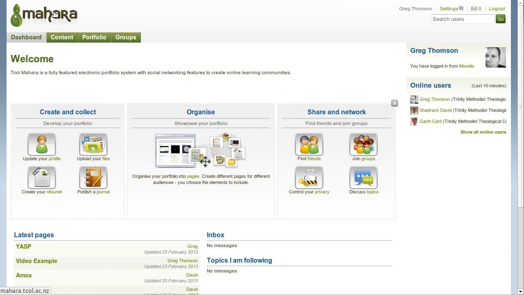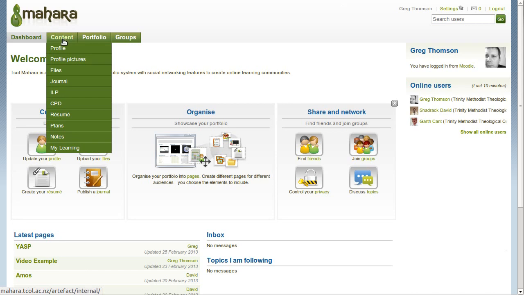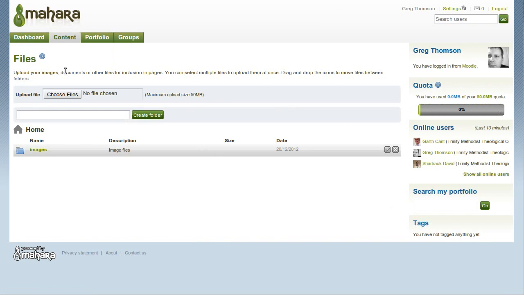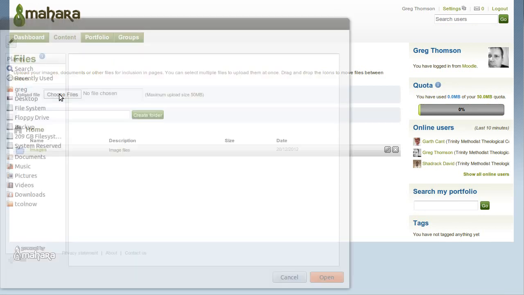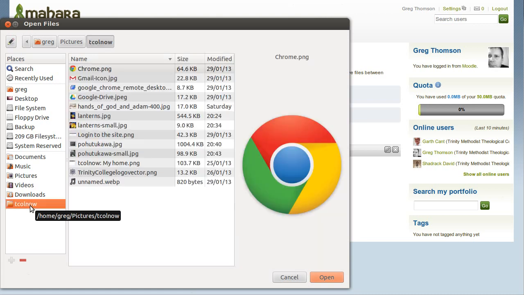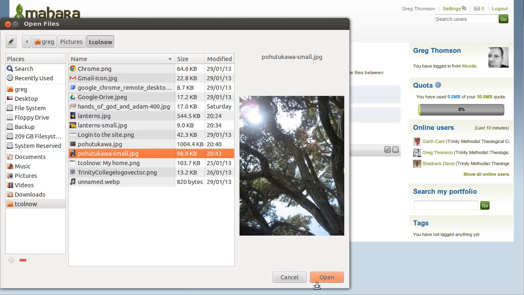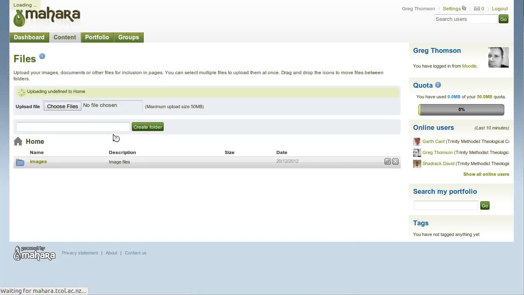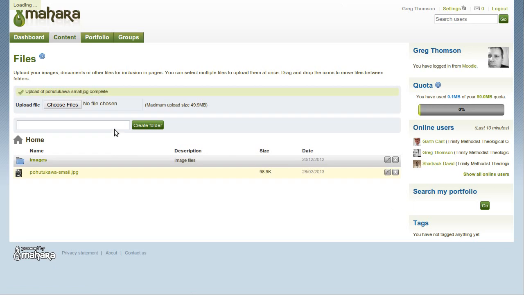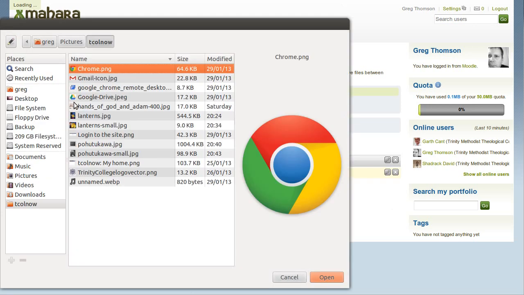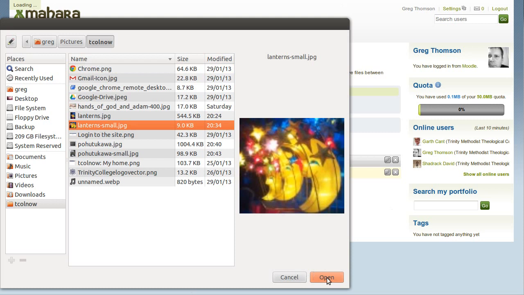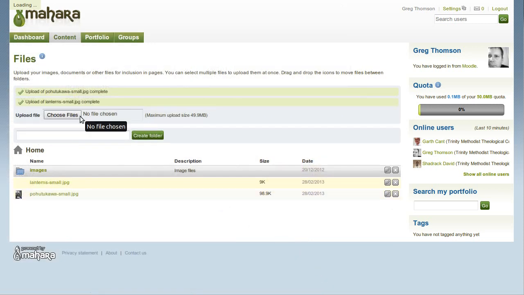First thing I need to go to is the Content tab, Files, and upload the images. So I go Choose Files, and your computer might look different, but we just navigate to the pictures that you want. Now uploading, and I'll select another picture. Okay, and the upload is complete, and you can see the two images